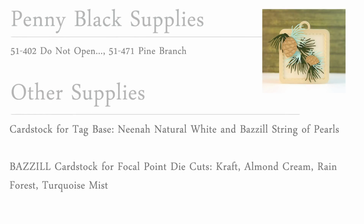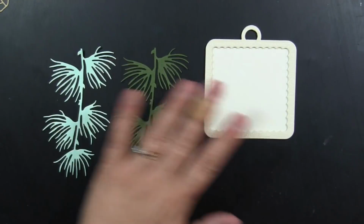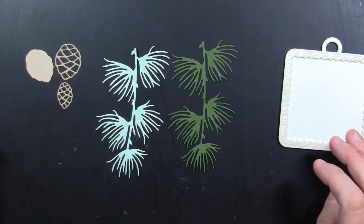And like I said before, here's a complete list of all the supplies used on this tag, and I will do this for each tag and put them up on screen at the very end of the video. So if you see one you want to look at in more detail, you can just hit pause and check it out. So I die cut the pine branch from green and also a very light turquoise color,